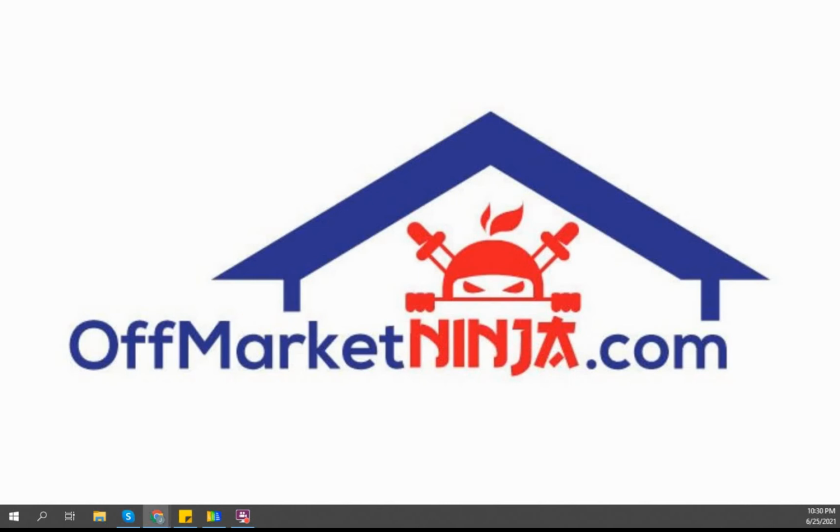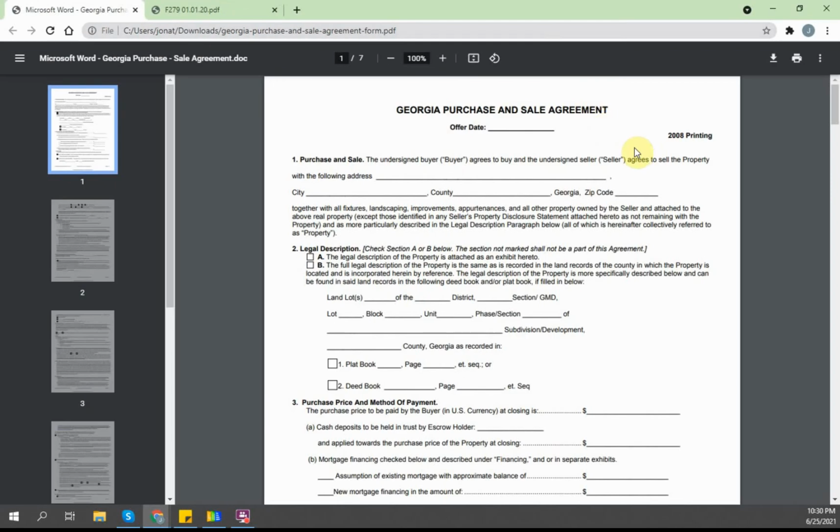All right, so the main contract you have to worry about in real estate is your purchase and sale agreement. When you're done negotiating with the seller, this is the contract that you and the seller are going to sign. This is the contract that's going to give you equitable interest. Equitable interest is very important in wholesaling. It's what makes wholesaling possible, because it gives you the right to market the property as if it was your own. Without equitable interest, you cannot market the property.